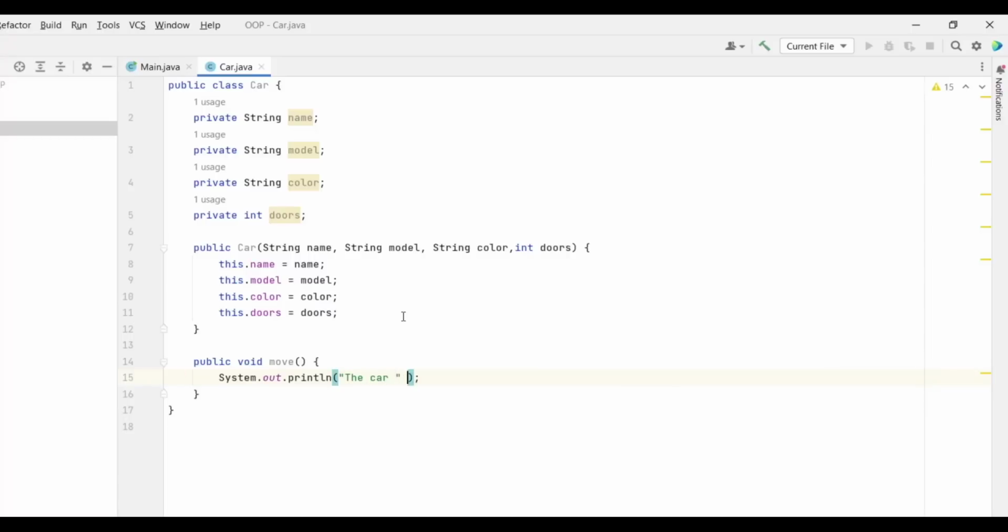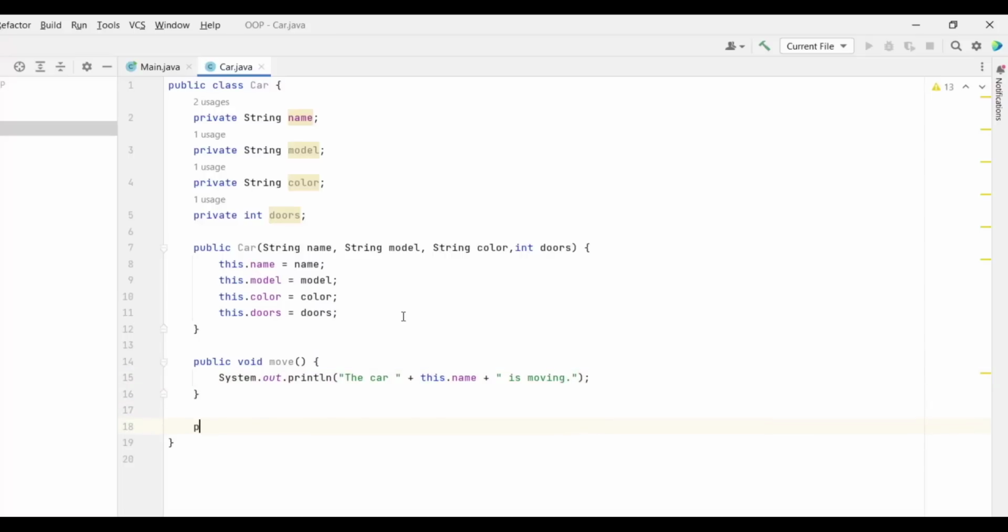I'm gonna put plus. We're gonna use this dot name. So the current name, which is for this particular instance when this function is gonna be called, we're gonna say is moving. So we're gonna put plus quotation marks is moving.